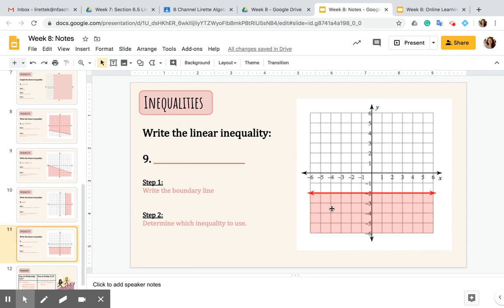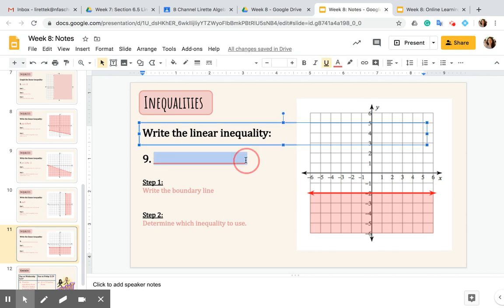Okay. And then last but not least, we've got, excuse me, a horizontal inequality. So when it's horizontal, it's going to be y equals a number without an x. And it's got to be y equals whatever number it passes through on the y-axis, which is -2. I need to determine whether or not I use the symbols with the bar underneath or not. This is a solid line, so again, it's going to be either a symbol like this